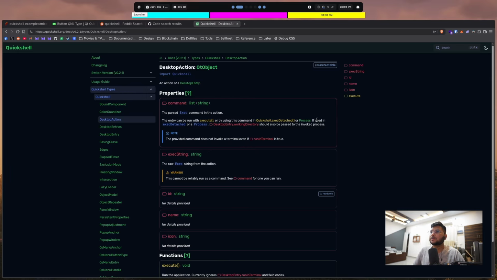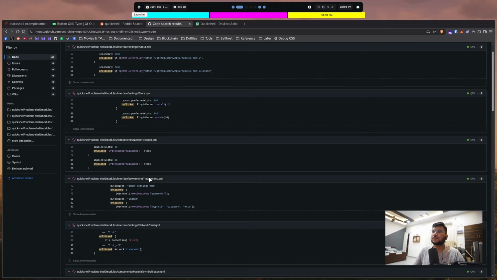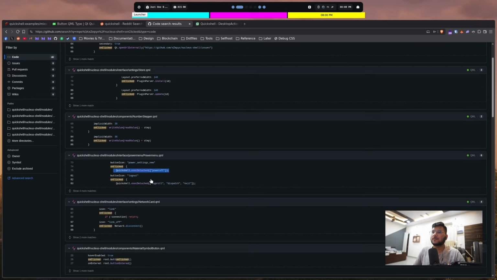By using this command property used in other process to launch the process. I believe I can do, for example, something like this. Should be